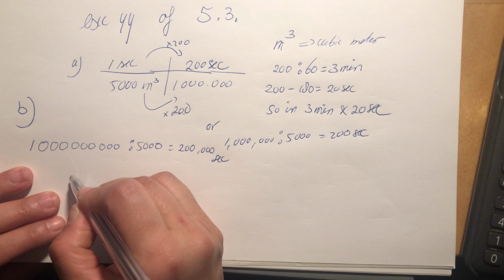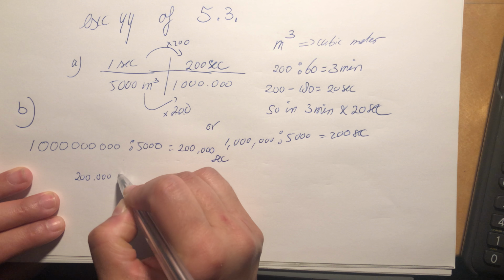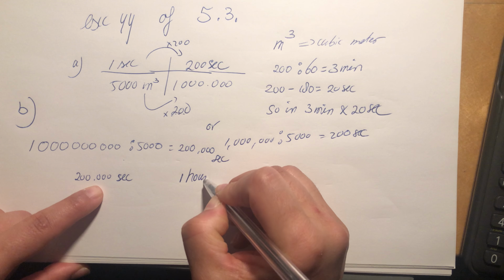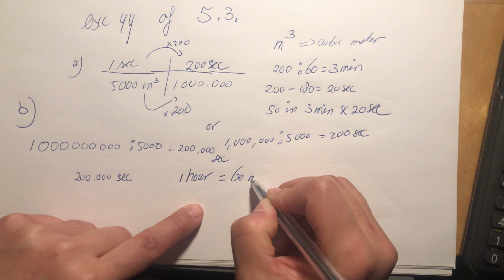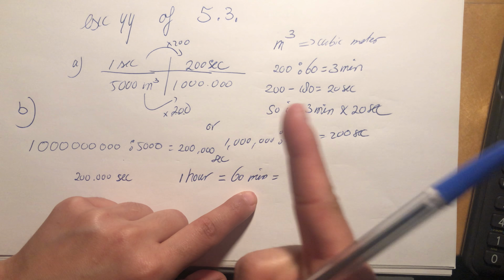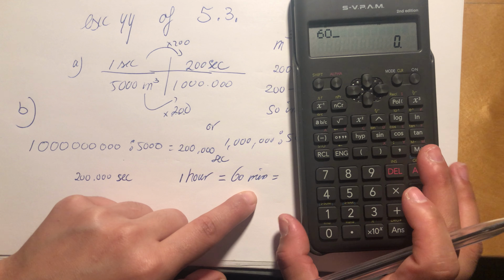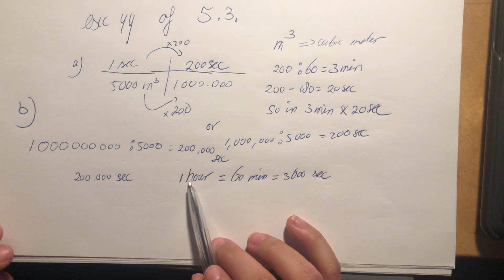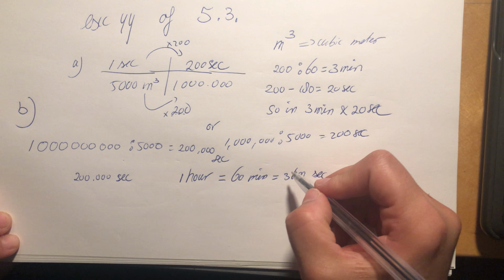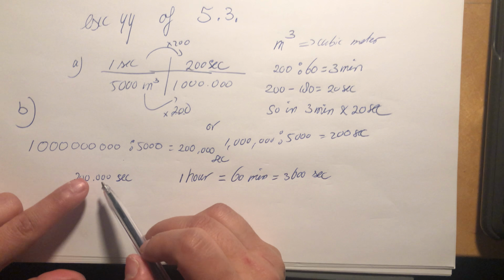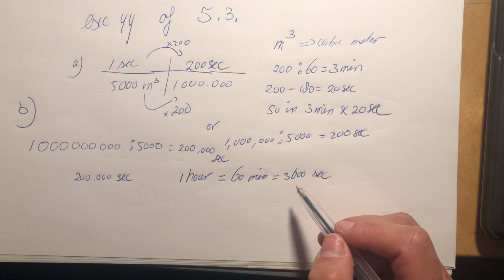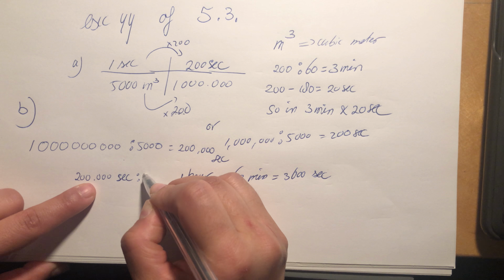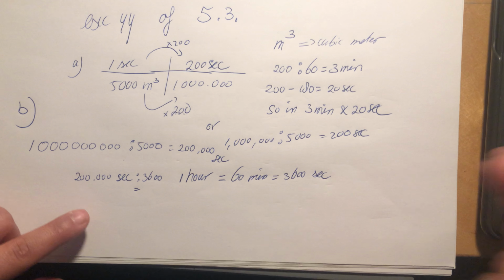Okay, let's calculate this. 200,000 seconds. You know that 1 hour is equal to 60 minutes, and 1 minute is 60 seconds. So 60 minutes will be 60 times 60, which is 3,600 seconds. If you don't know this, calculate it for yourself that indeed 1 hour is 3,600 seconds. So we can divide 200,000 seconds by 3,600 seconds. And then you get